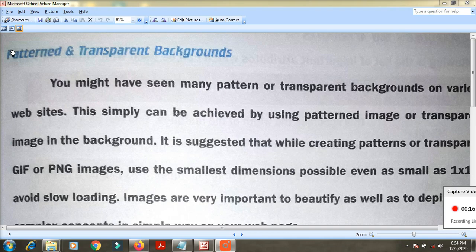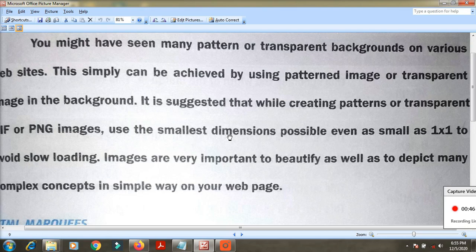And patterned means some rectangular or diamond symbols, some information or designs available, it is called patterned. These patterned or transparent background images are used to beautify the background of the browser. For looking good for the users, this pattern and transparent background is useful. They also give one good piece of information: the smallest dimension possible, even as small as 1 into 1, is a normal size.